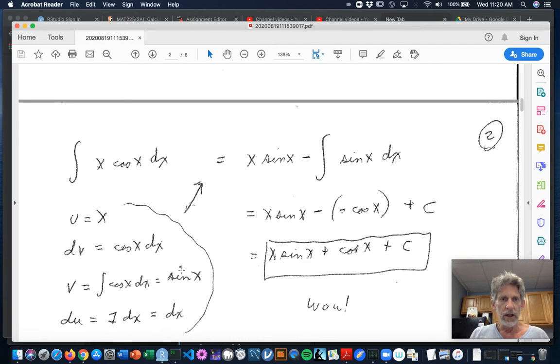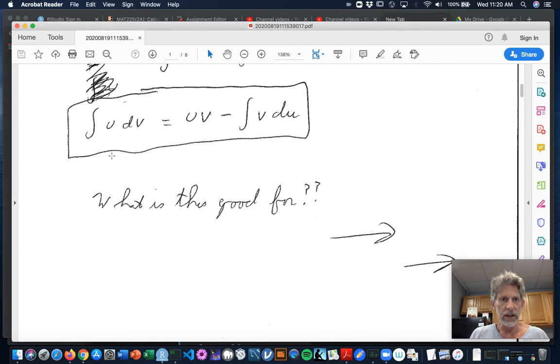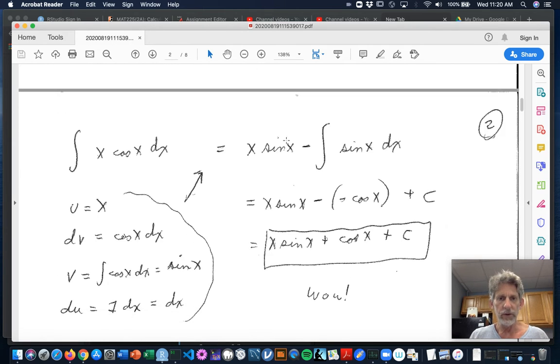Okay, now thinking back to our formula, this is uv minus integral v du. So let's write this in. Well, let's see. u is x, put that in. v is the sine of x, put that in. And then I've got to do minus the integral of my v, which is sine of x, times my du,